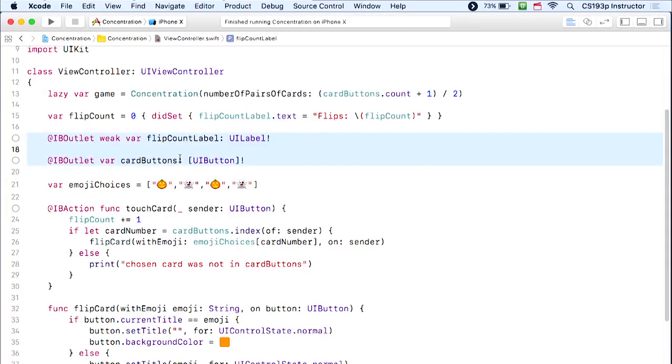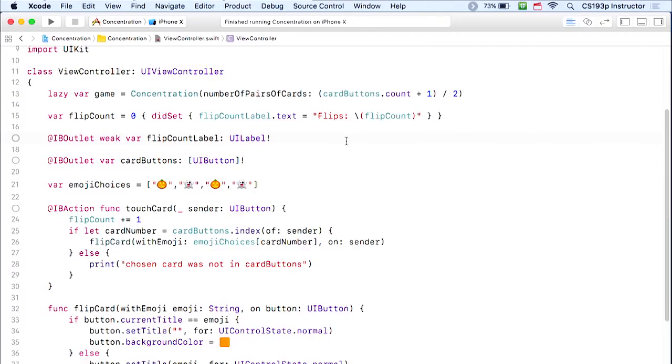Okay? The system will call a method, and in there you could initialize your game. And maybe in the meantime you make it an optional, or maybe even an implicitly unwrapped optional. Okay? A little hint to you there. You won't need that for your homework, though. You'll be able to do this for your homework. Okay, so it's good. Now we have the game, the big green arrow that our controller is talking to our